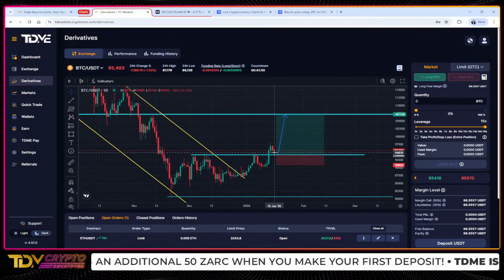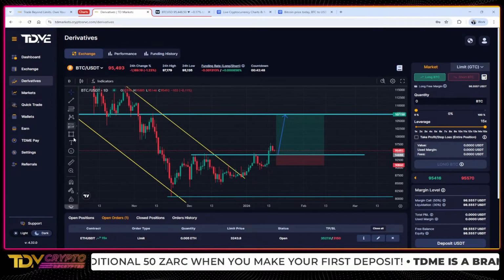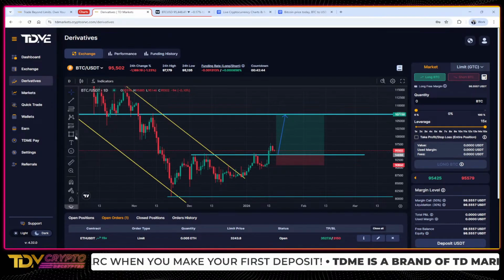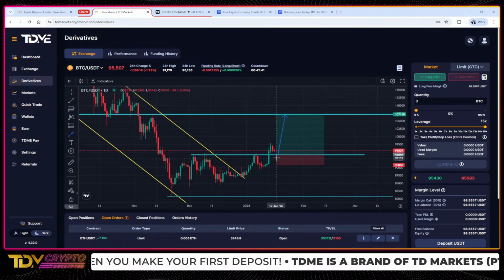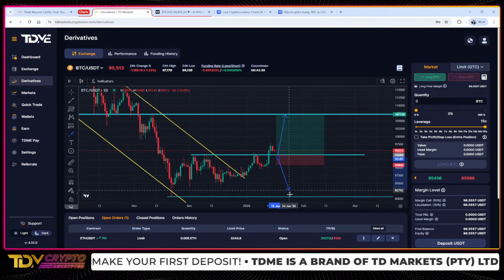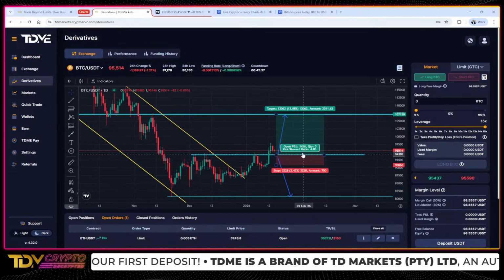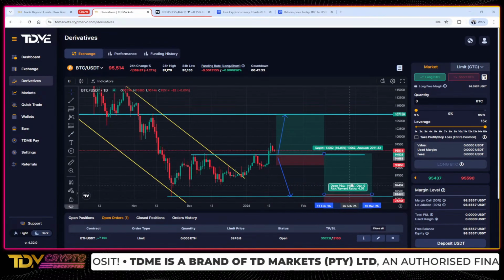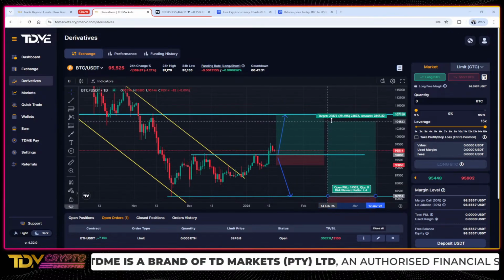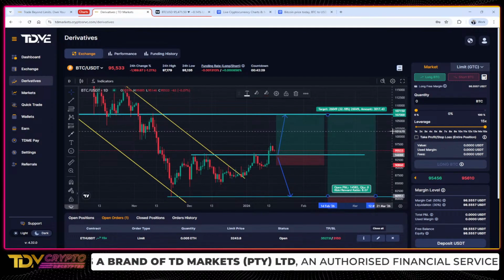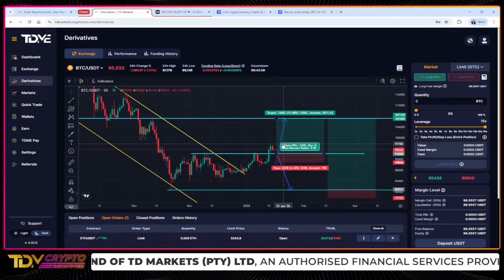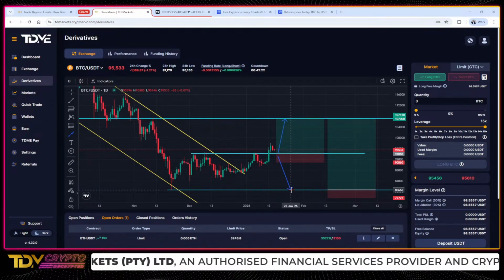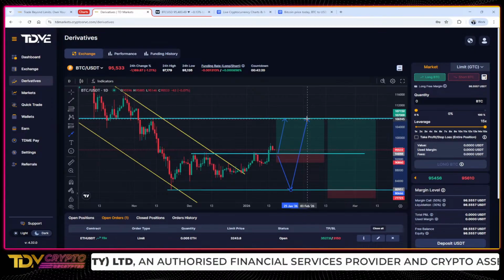Now, what if Bitcoin drops from here? Well, if Bitcoin drops, then we're waiting for it to come back to this low. So this will be another plan for Bitcoin. If it happens that Bitcoin drops, then we're waiting for it to come back down to this low, and we will be looking for a trade like this. This is where we will be looking for a push towards the upside there.